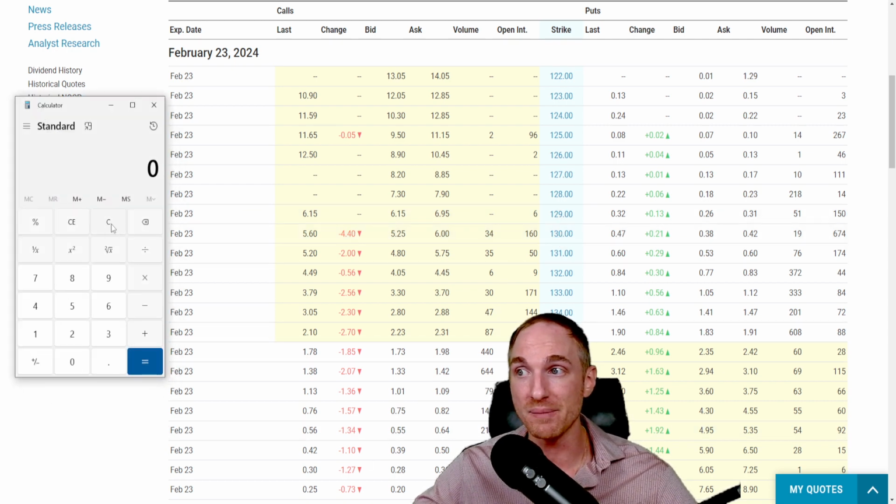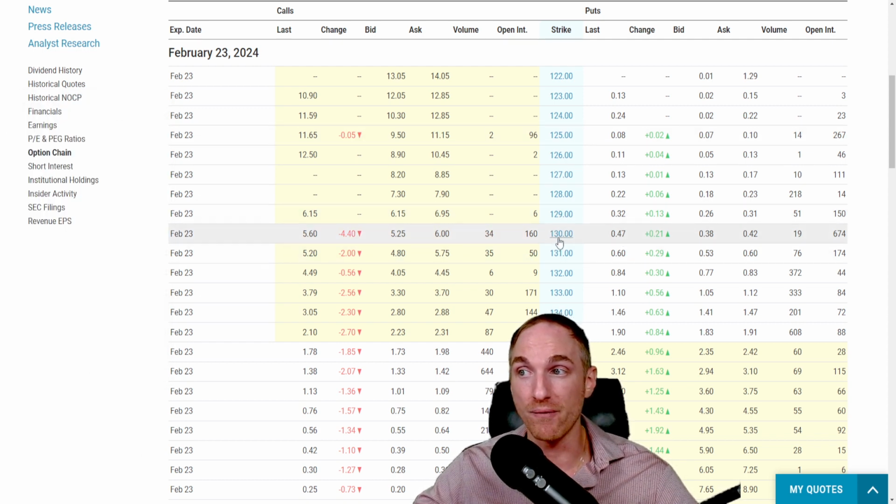And if you don't know how I'm doing this in my head, guys, just look for half of the strike price in cent increments. So half of 130 is about 65. If you want to do the math, if you get 65 cents for the contract on $130 as the strike price, that is roughly 0.005, 0.5% for the week. So I'm going to be looking for the 130s, 129s, need to be seeing about 65